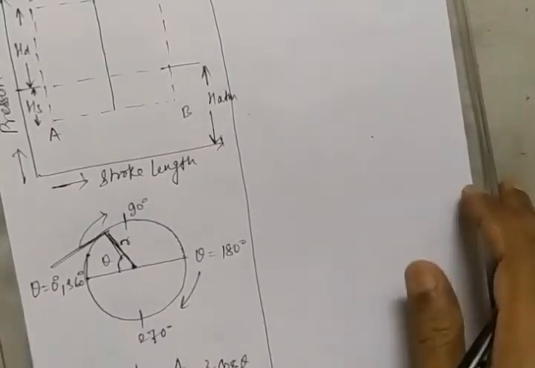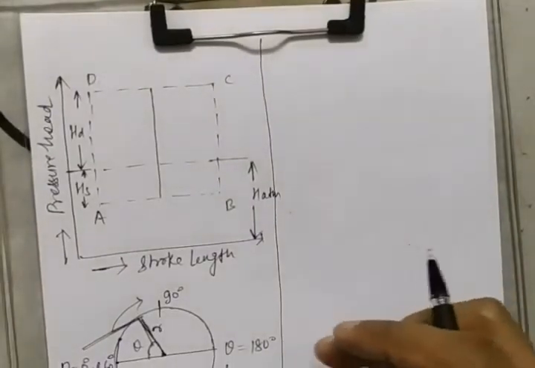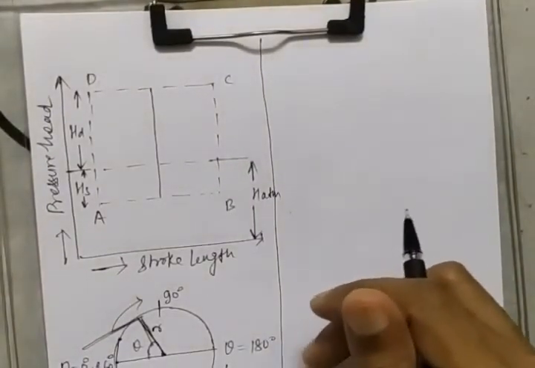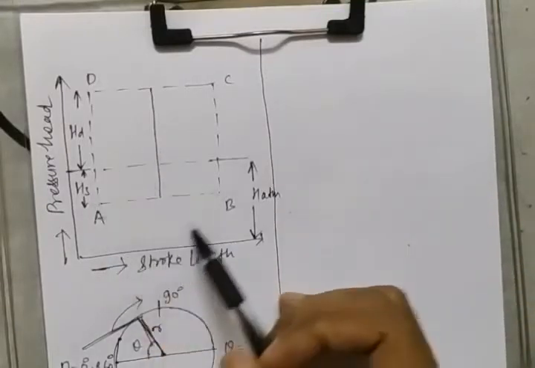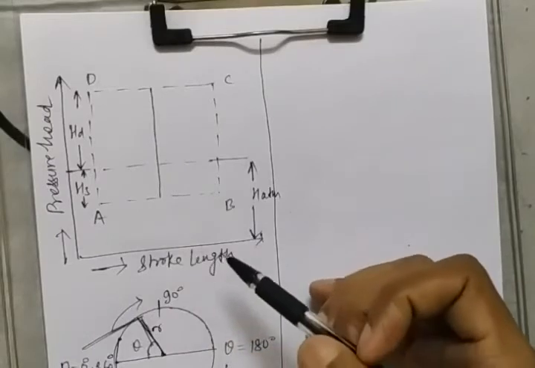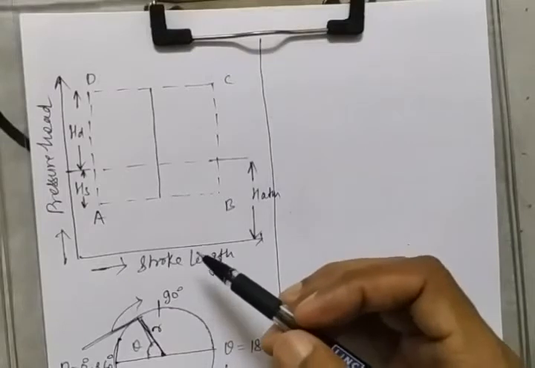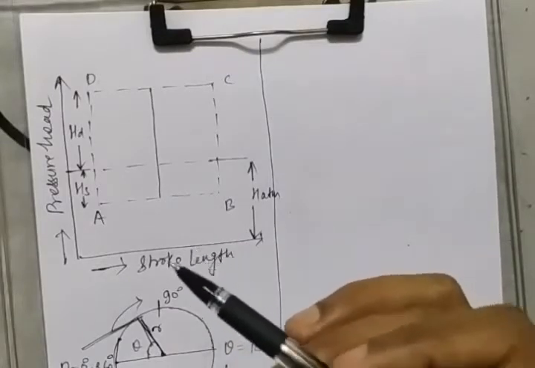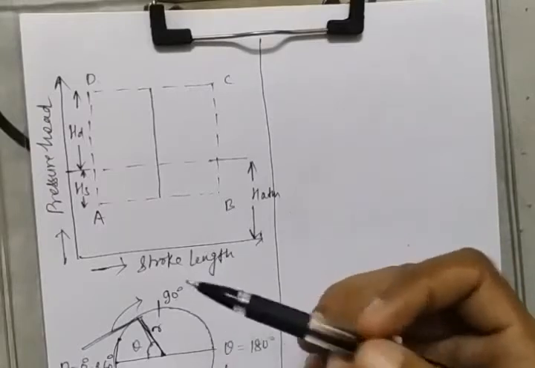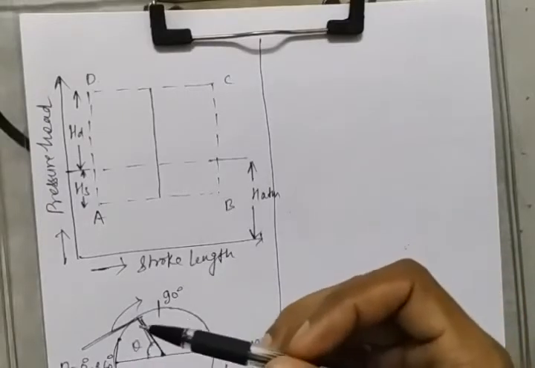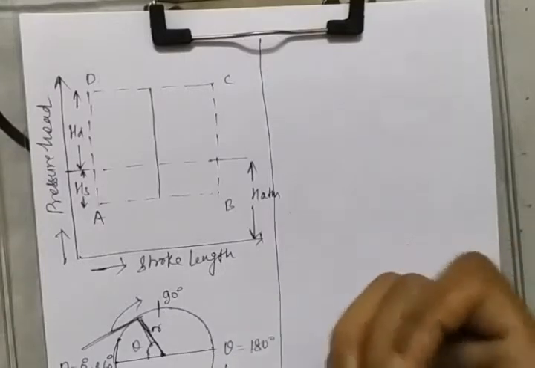Guys, in today's topic, I am gonna explain the effect of acceleration in suction and delivery pipes on indicator diagram. Actually, I have made here an ideal diagram, and before watching this video, I must recommend that you watch my previous video, because what we are gonna see in this topic is much more linked to my earlier video, and when you see that video, you will get a greater understanding of this video.